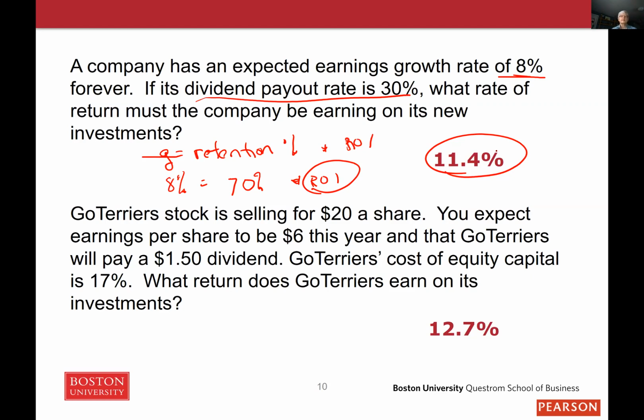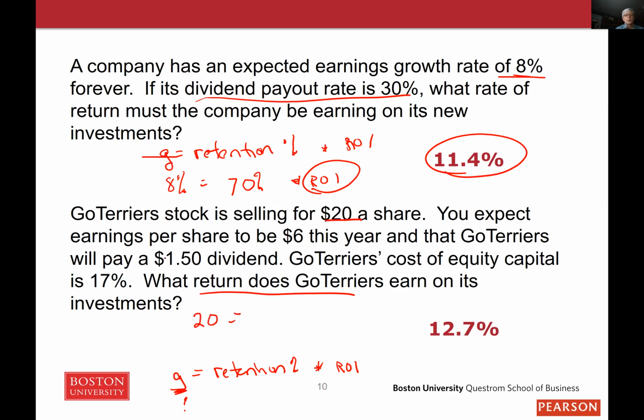And the second one is going to end up being a two-part problem. So we're going to need that growth formula to find the return on investments. But we don't know the growth. So we need to find it. So we're going to have to back up and use the fact that we know the price and say the